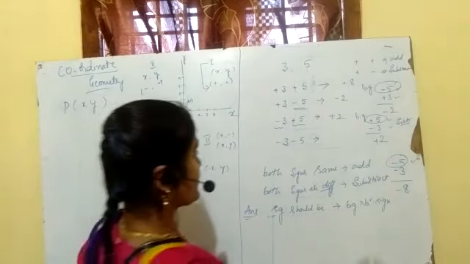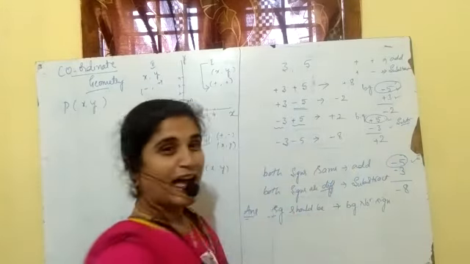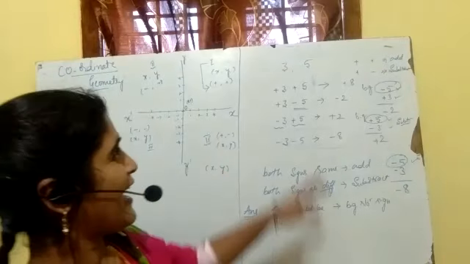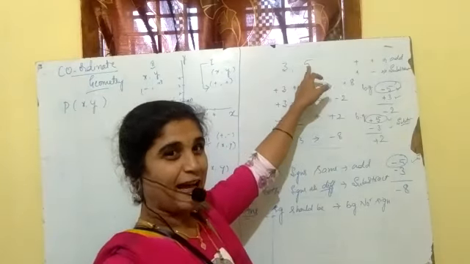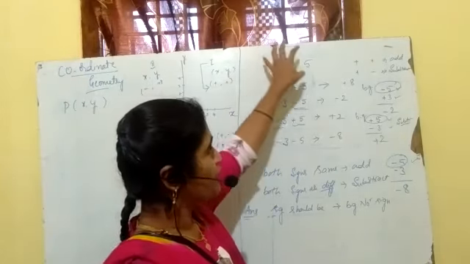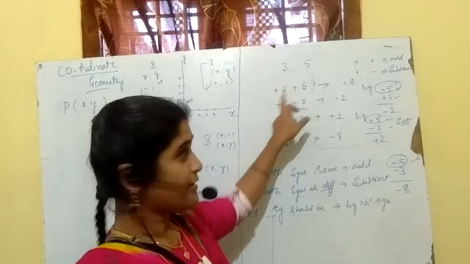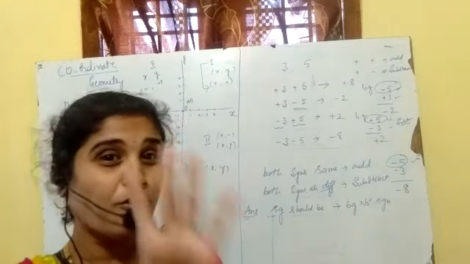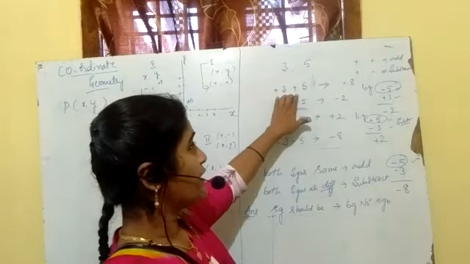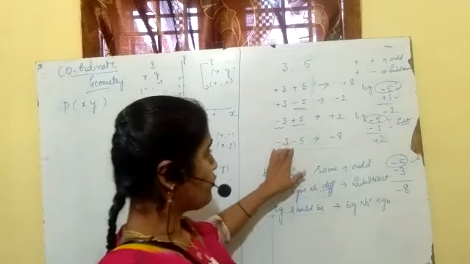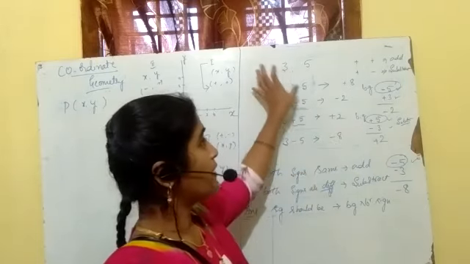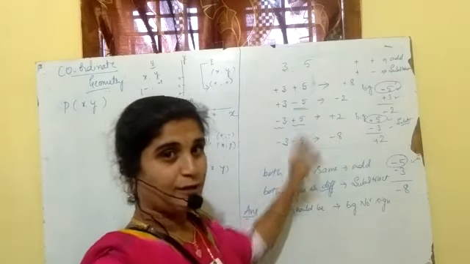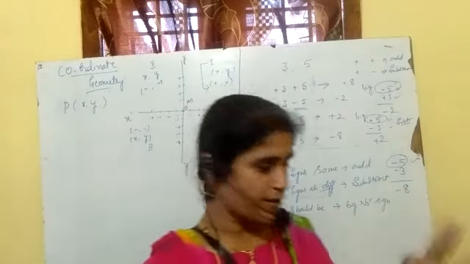That is why answer is also minus. See, I will play with the two numbers only. I have the two numbers 3 and 5. I play with both the numbers by putting plus plus, plus minus, minus plus, minus minus. I got 4 different answers. When both are plus, plus value. When both are minus, minus value, but added both the times. Okay, this is the best practice to do.